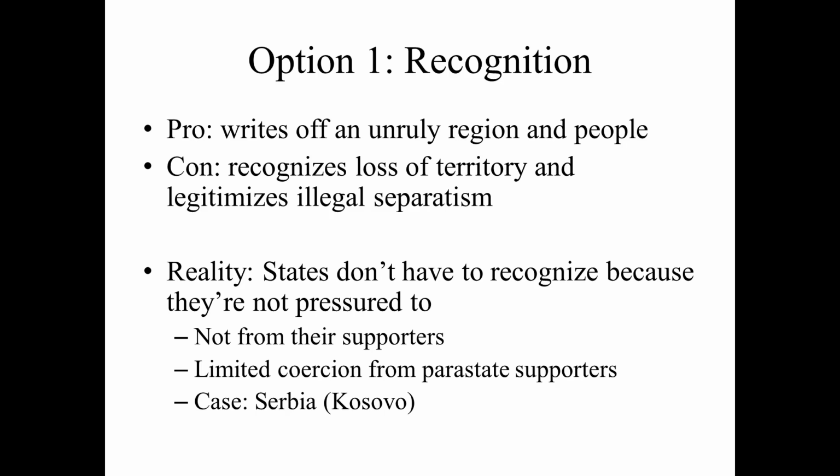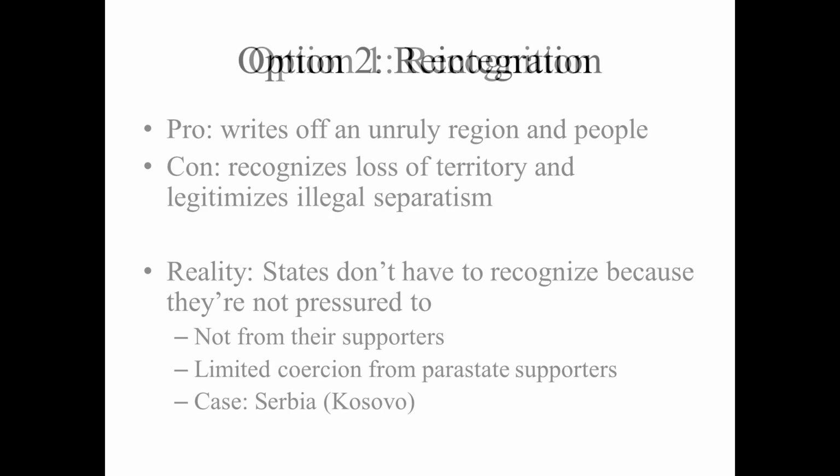I mean, yes, Serbia would want to get into the EU, but not getting in is not the end of the world for them, right? As time goes by, they've been able to secure economic relations and agreements with a number of countries on a one-by-one basis. So if the worst thing that you can tell Serbia is that your EU membership is delayed, they're like, okay, fine. I'll still oppose Kosovo's membership, or independence. So option one is really not feasible, right? If the host state had to recognize, they would have done so already.